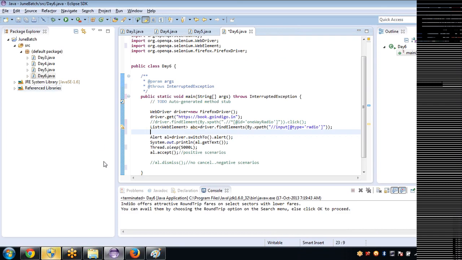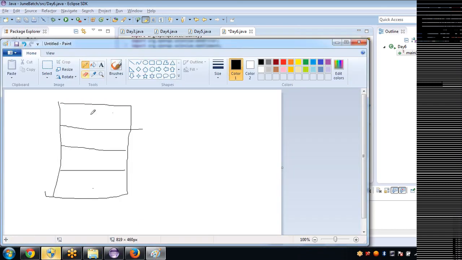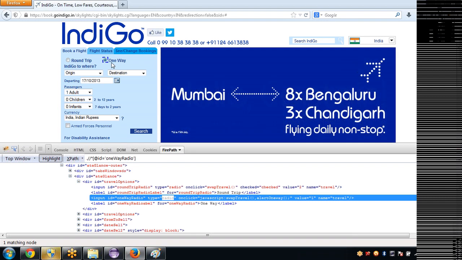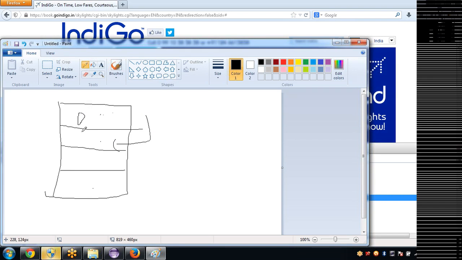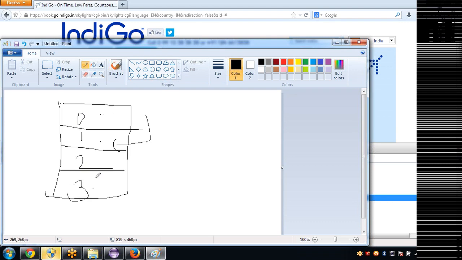It will go top left, meaning first it will identify this radio button, and next it will identify this. So our item will come into the second index. The first index is called the 0th index, then the second index is called the first index, then the second index, third index. In this case, this radio button will come into the 0th index and this will come into the first index.